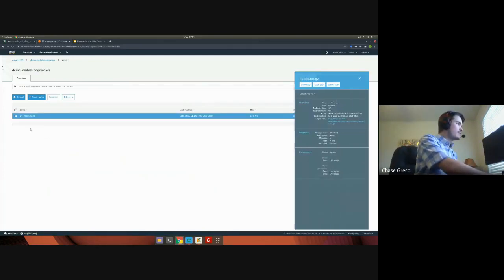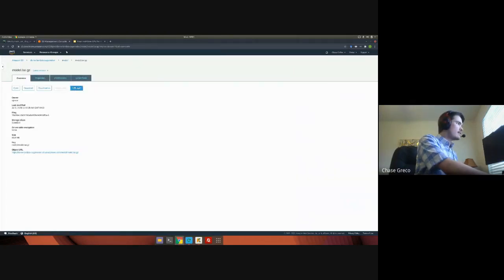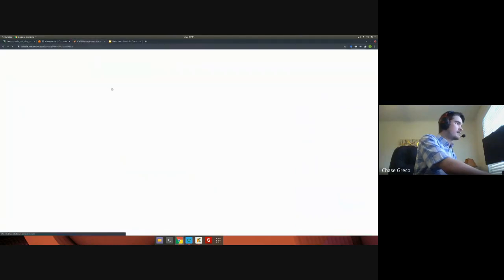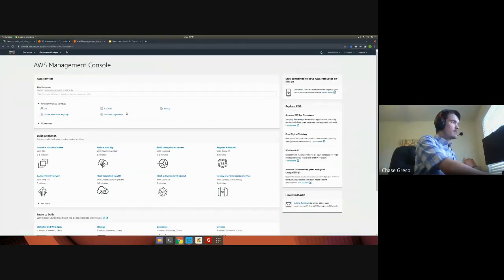So what we'll need from this is we'll need to go here, and we'll need this path. So we can hit copy path, and that'll give us the path to the model artifact in S3. All right, so if I go back to my console here, then finally, we can use SageMaker to expose this model as a REST API. So if we go to SageMaker,